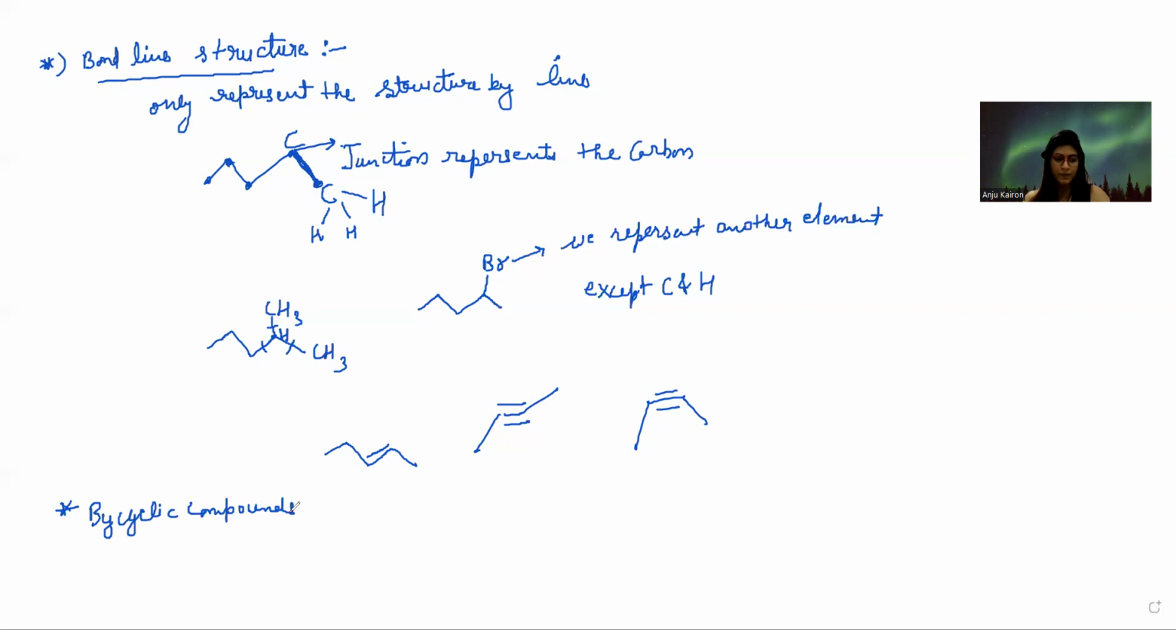Bicyclic compounds. In this, we represent the cyclic structure like this. We represent the cyclic structure rings in bicyclic representation, and these junctions represent the carbon and hydrogen. We can see by valency of carbon, right? Let's see, we have carbon here and 2 bonds are already formed, so this carbon has 2 hydrogens, right? Now, next